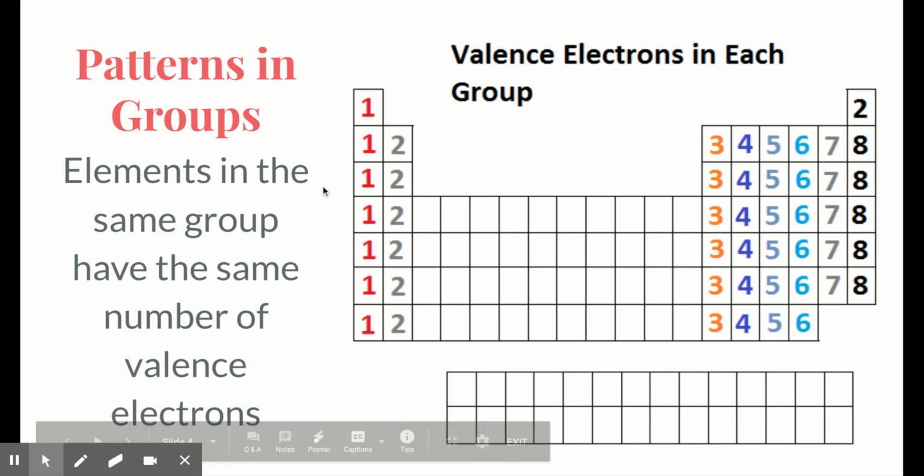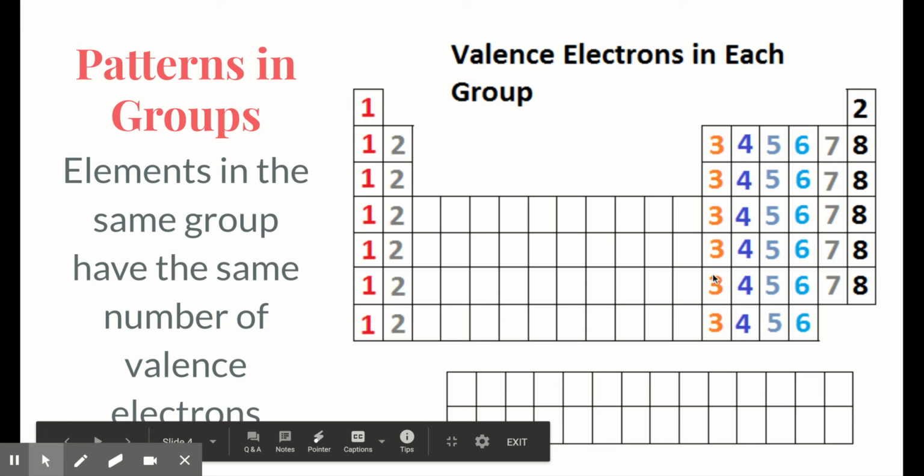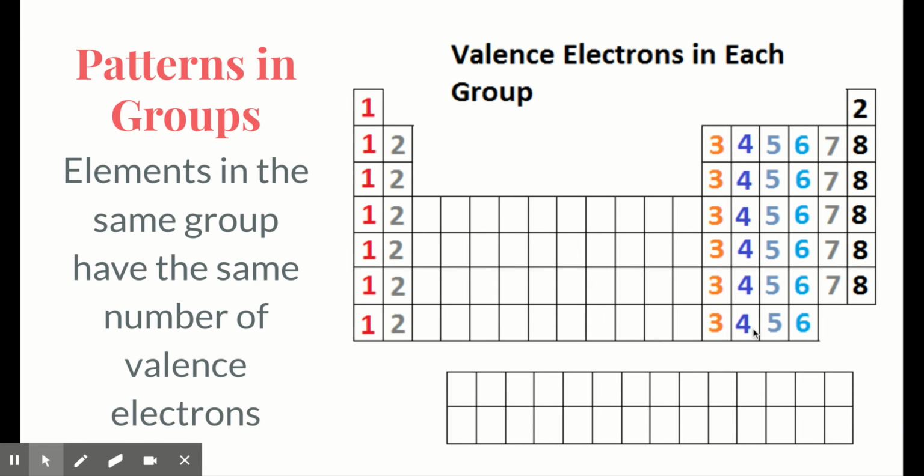Okay. Now, it was important because last week we also talked about groups, and then the pattern in the group. And so we know that those valence electrons in each group are going to be the same. So, for example, group 1 will all have 1 valence electron. Group 2 will have 2. Group 13, because remember, we skip all this middle area. We ignore it for now. When looking at the patterns, we ignore it. We don't look at the transition metals. We go to 13. So group 13 will have 3. Group 14 will have 4, group 15 will have 5, group 16 will have 6, group 17 will have 7,